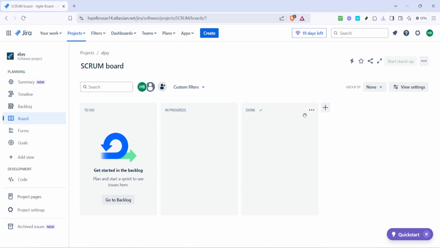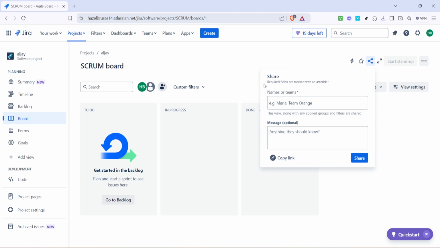With the project open, turn your attention to the top right corner of your screen. You should see a share icon. Clicking this icon is your key to connecting others with this project easily. It's typically represented by a symbol of an arrow indicating outgoing action, which is quite fitting since you're going to send information off to others.